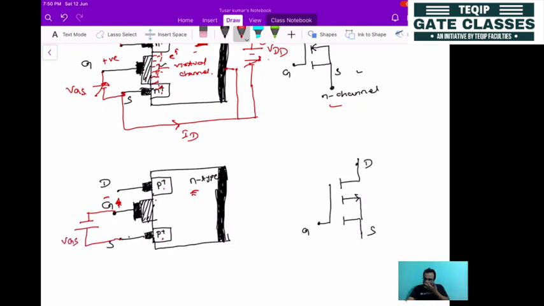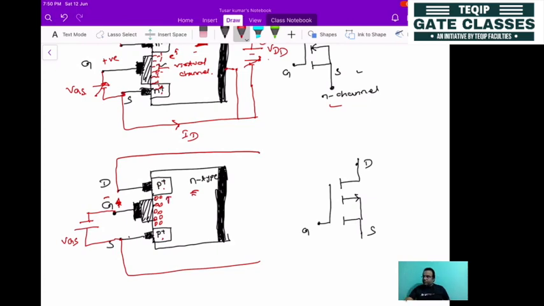So with that polarity, what will happen? The electrons will attract the holes. So holes will be present here, and they will be forming one virtual channel here. Then after that, you have to apply a voltage from drain to source. But what will be the magnitude of this voltage? Look here, P plus type material is present, so holes are present over there. You have to apply a certain voltage such that the holes will be moving from source to drain.